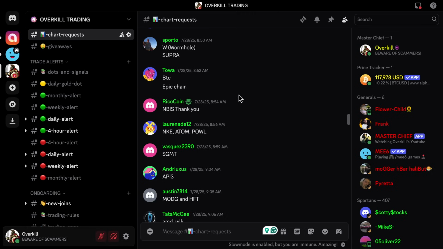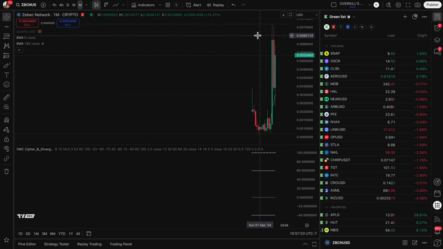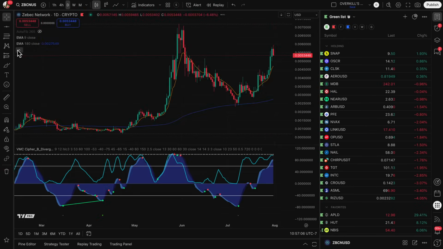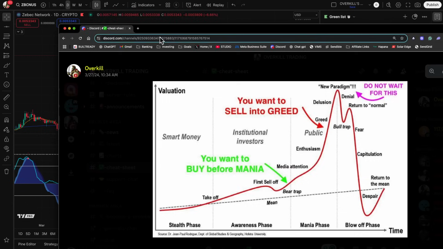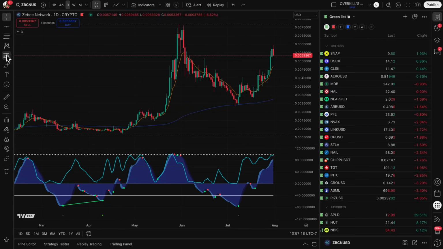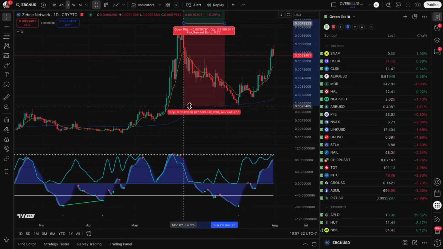If you get a monthly green dot and you're below the mean, because the monthly dot tells you, hey, we're going up. And if you look at where the mean is, take a look back at this cheat sheet we have over here in the Discord. When we're way off of the mean, way off of the average, I mean, ZBCN, for example, back here when all the hype was around, was up here at 7 cents. That was